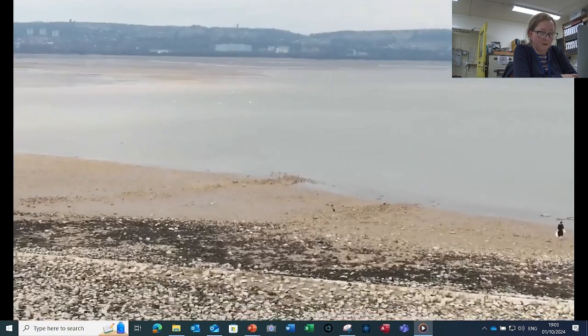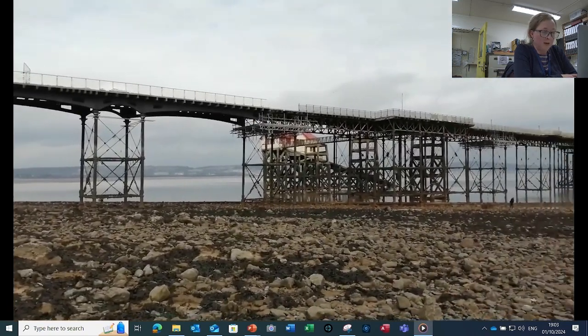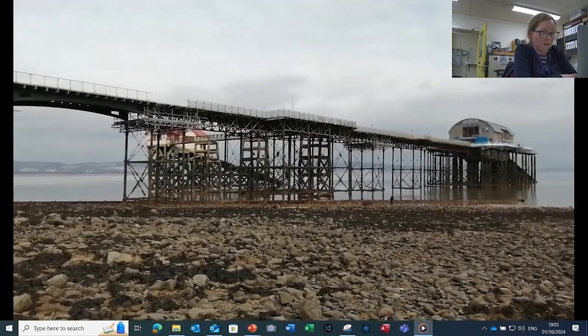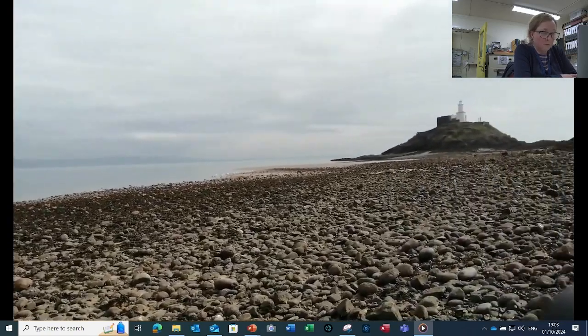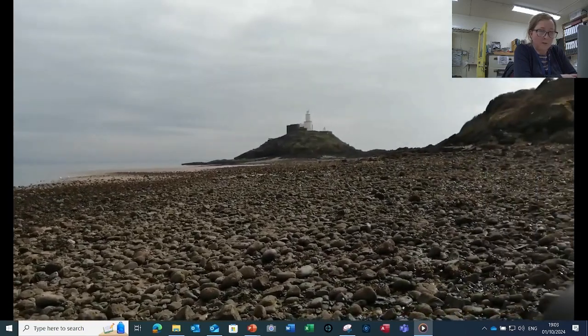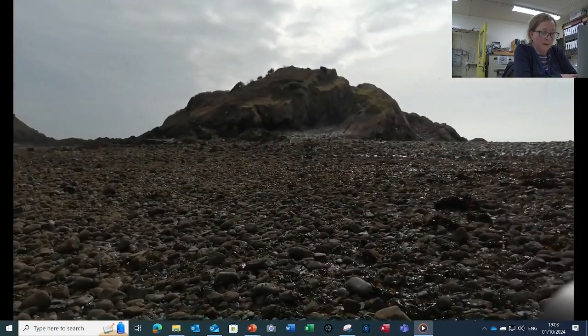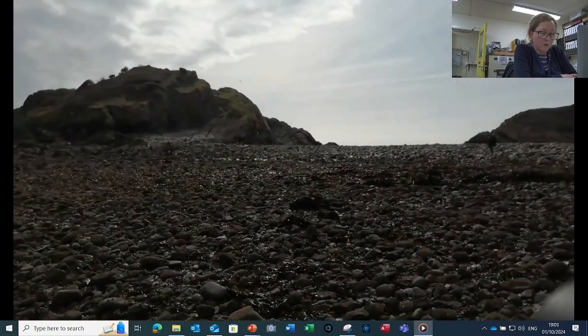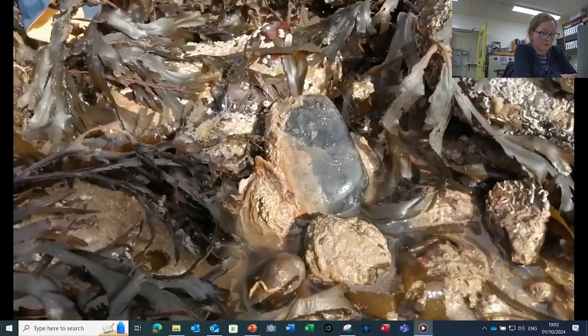The old oyster grounds are just below the watermark there. And then to the right of the pier is the rocky, pebbly shore where we're more likely to find live oysters today. Just offshore there's an oyster farm that grows native oysters, and it's likely that these are seeding this shore as well. We're here in mid-March during a spring tide to ensure that we can see the oysters above the low water mark.